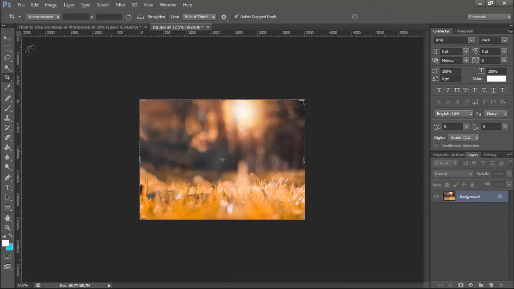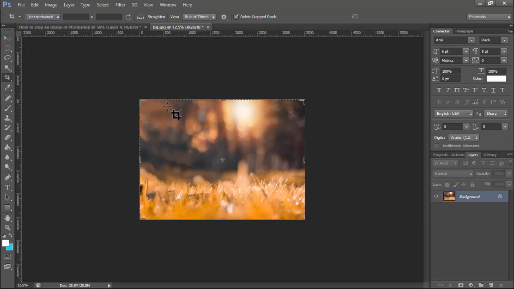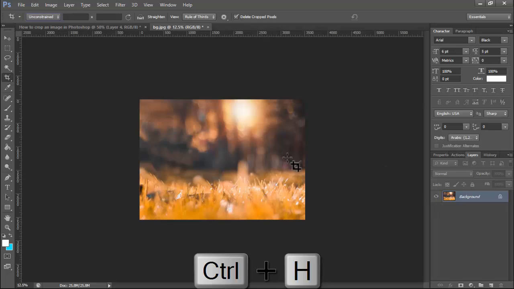Click OK, and see this unconstrained, original ratio, and see this square size and resolutions, rotate crop box. Okay, and another way to crop: